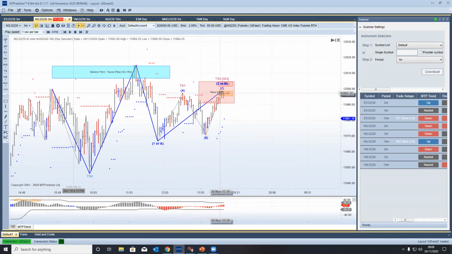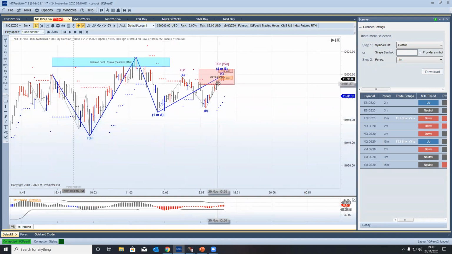So this is what we're looking for. This initial correction is the wave 2. The most common place that you find an ABC correction, A, B, C, is in a wave 2. So this is what we're looking for. Why do we really, really like the end of a wave 2? Well, we really like the end of a wave 2 because after a wave 2, you then tend to